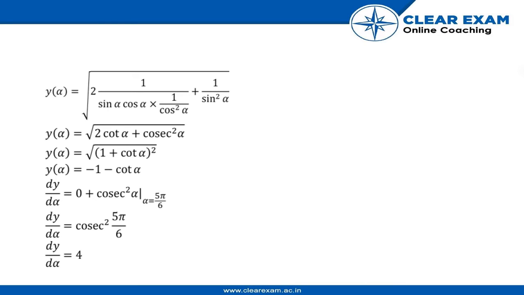Let's start solving this. First, convert those things in terms of sine and cos, and what ends up happening is that the given equation gets transformed into y alpha equal to under root of 2 upon 2 into 1 upon sine alpha into cos alpha into 1 upon cos square alpha. So from here cos alpha gets cancelled out, plus 1 upon sine square alpha, and this term is cosec square alpha, and